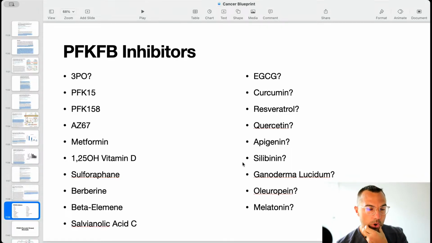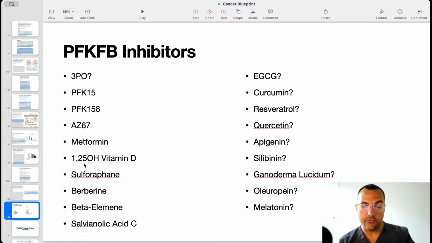And you'd also see berberine on this list, or sulforaphane, vitamin D, of course. But the more definitive inhibitors of PFKFB3 we have are PFK15, PFK158, and AZ67, which we didn't talk about in any papers, but was talked about when they were trying to debunk the PF3PO studies. And then metformin,